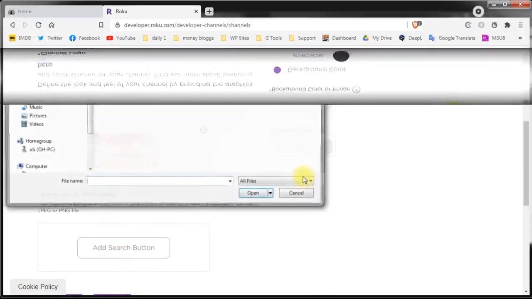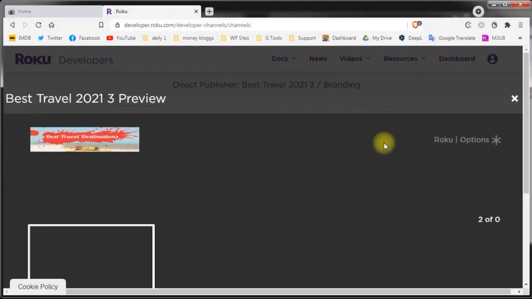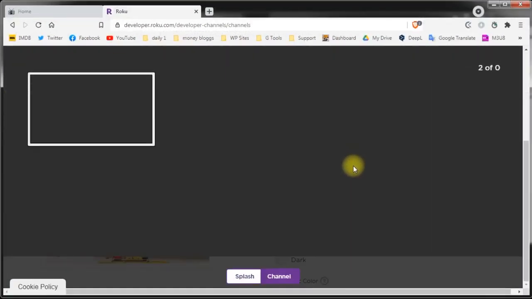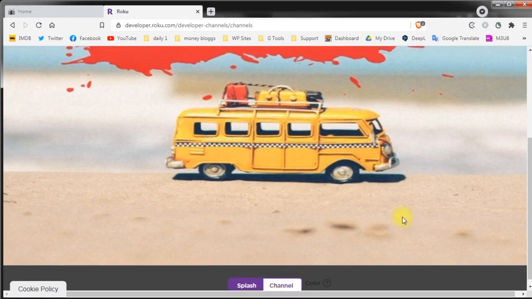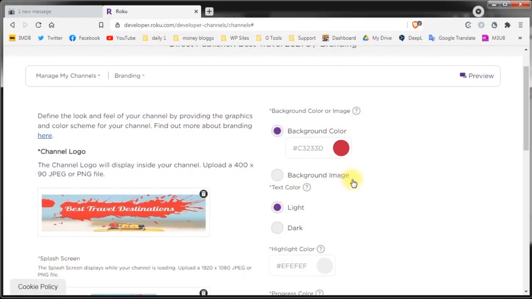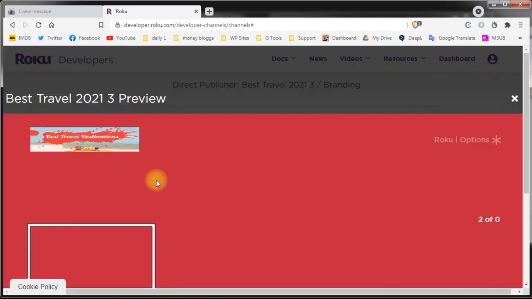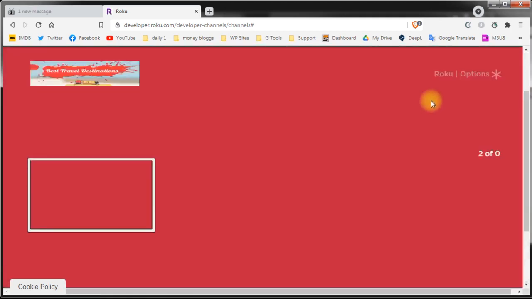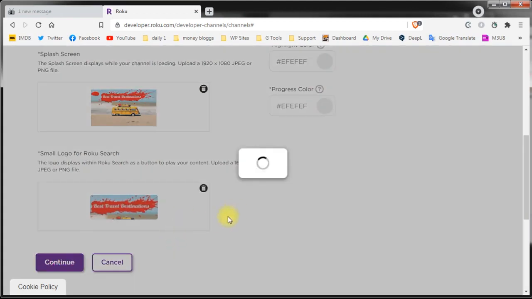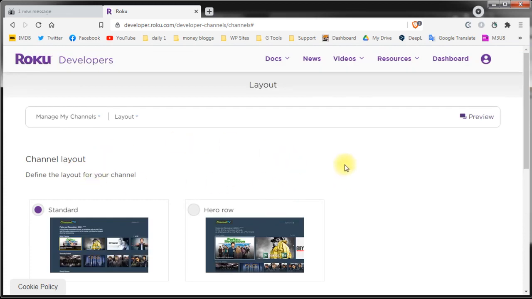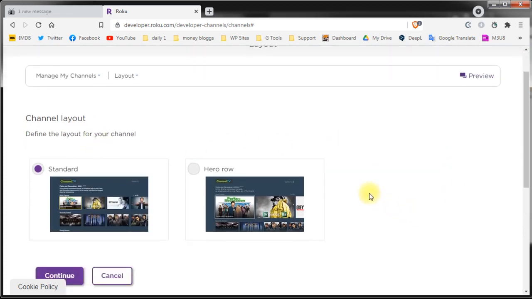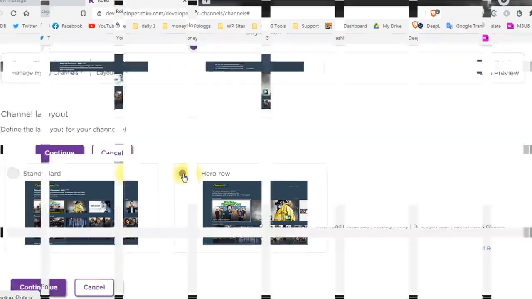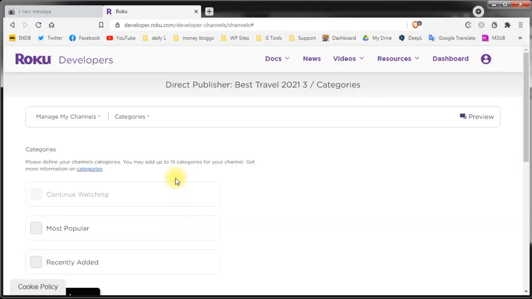You can preview how your channel looks by clicking the preview button. If you want to make changes for the background or appearance, you can do so by playing around with these colours. You can play around a little bit with the settings, but always check the preview to see how your channel looks. Click Continue. On the next page you can choose the layout for your channel. This one looks a little better. It gives you a nicer and bigger display for the first videos on your channel. I'll use this one. Save.